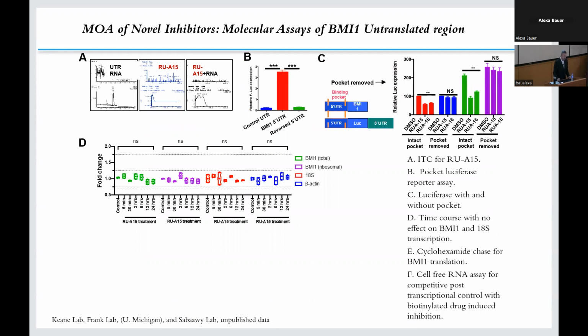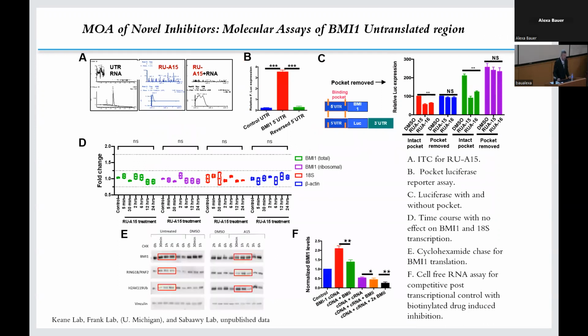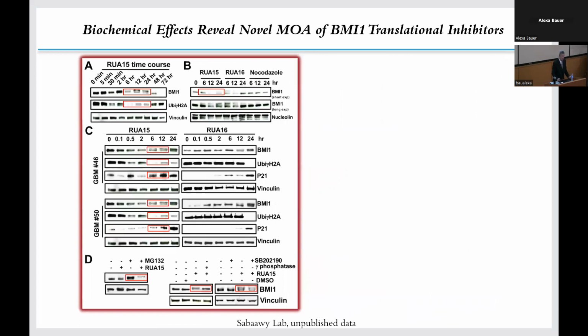These are data on BMI1 total cell versus ribosomal BMI1, and also a cycloheximide chase, customarily used to study the effects on RNA and translation, and competitive assays in a cell-free type of assay. Biochemically, if you look at the effects of treating GBM spheres or organoids with these compounds, you could see loss